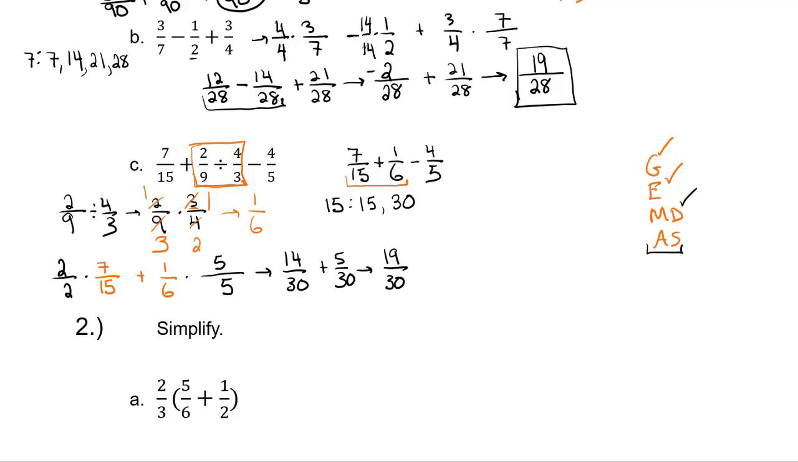Now I need to rewrite my original problem, but replacing the 7/15 plus 1/6 with what I just got, okay? So now it's 19/30. Well, I already know that I'm going to use 30 for my denominator, so I'm going to go ahead, just to save space, and get this converted. 5 times 6 gives me 30, so I multiply the bottom by 6, multiply the top by 6. So I get minus 4 times 6 is negative